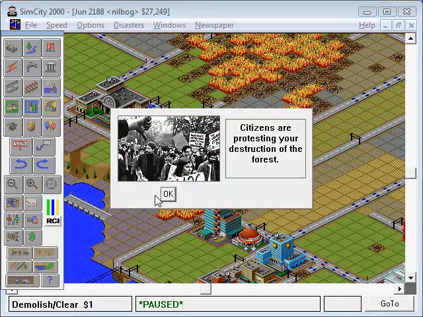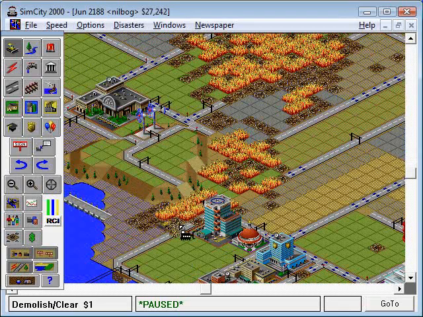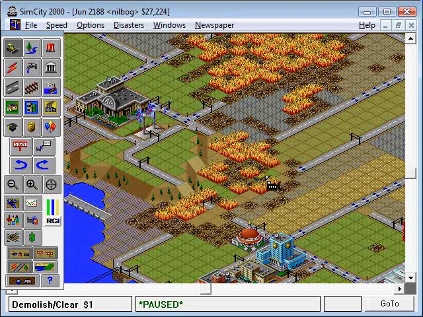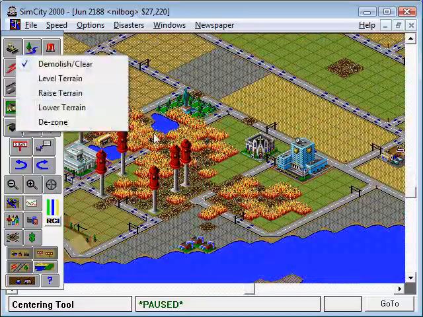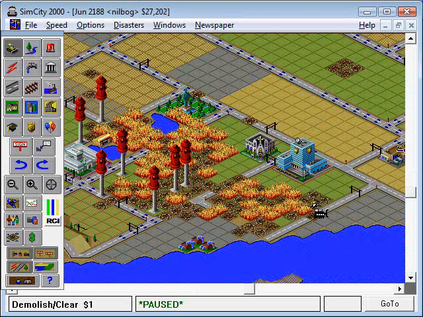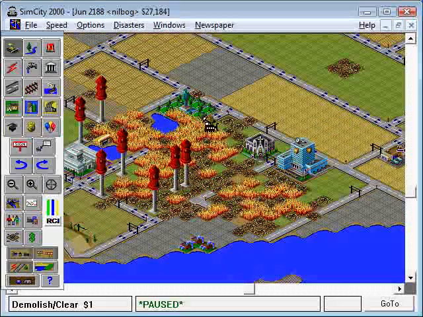But yeah, you come in. Okay, I'm not trying to destroy the forest on purpose. Sorry, complainers. But once you come in and take out some of this stuff, there's now a decent buffer zone to prevent the fire from getting too out of hand. And once you get that buffer zone, it's just a matter of putting the...